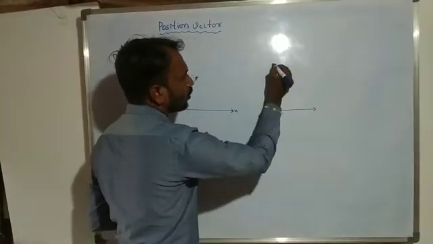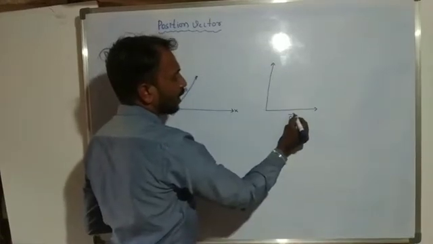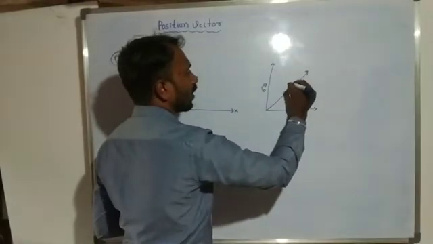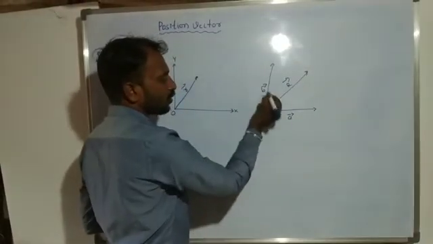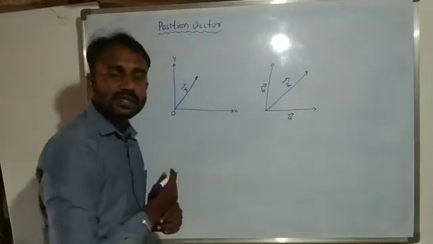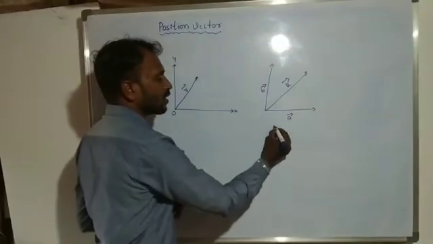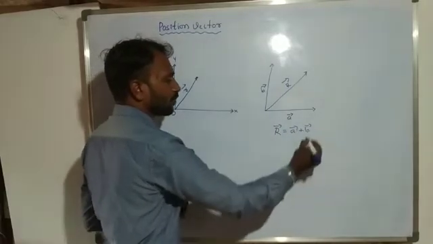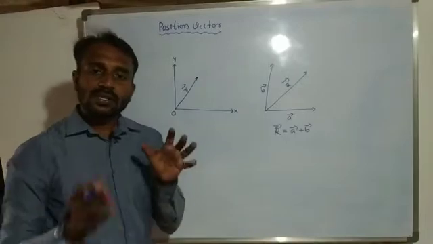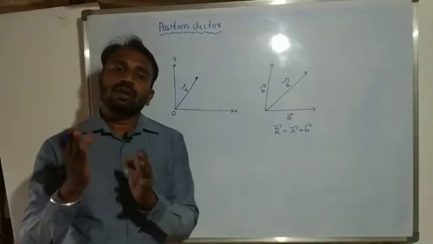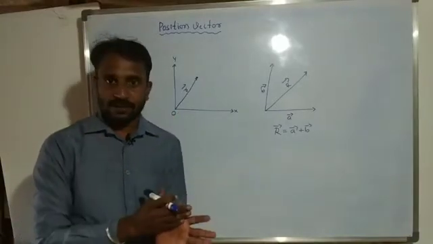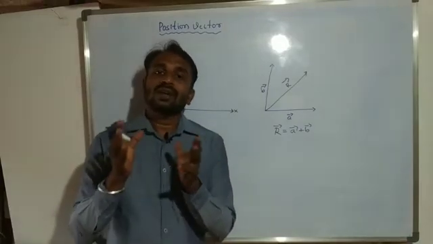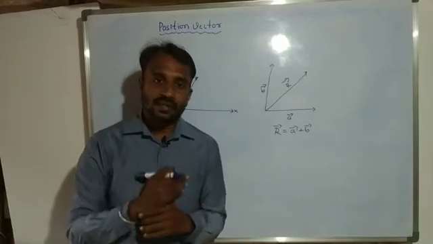So two vectors, vector A and vector B, and this one we consider as a resultant vector r. By using these two vectors we have to find out this resultant vector. So this resultant vector r is equal to vector A plus vector B. For this reason, suppose vectors are present along the x-axis and y-axis. Vectors present along the x-axis and y-axis are considered as components of a resultant vector.